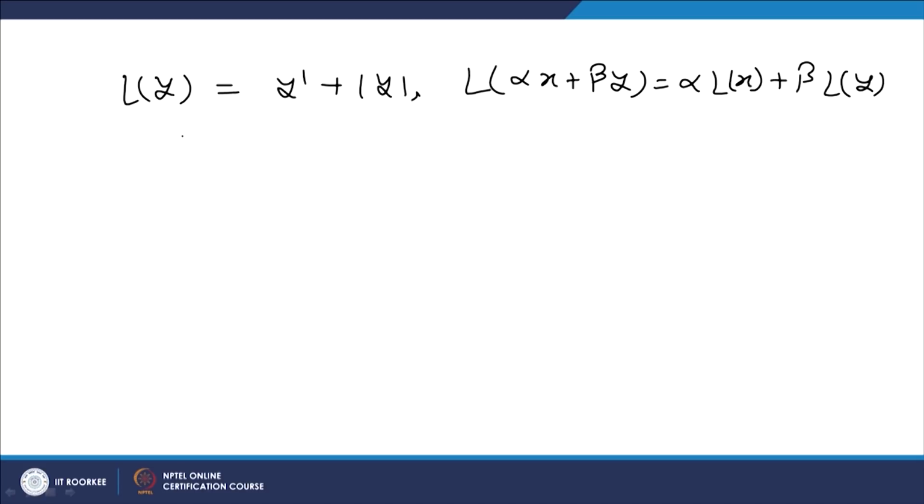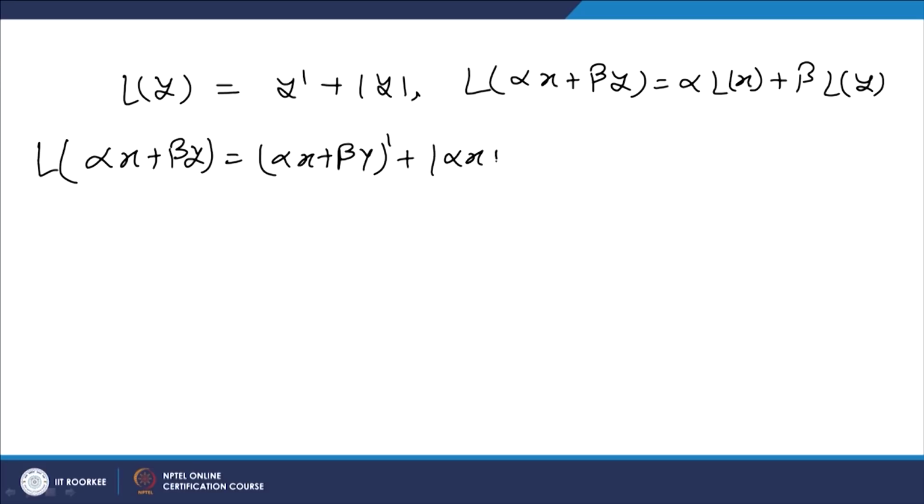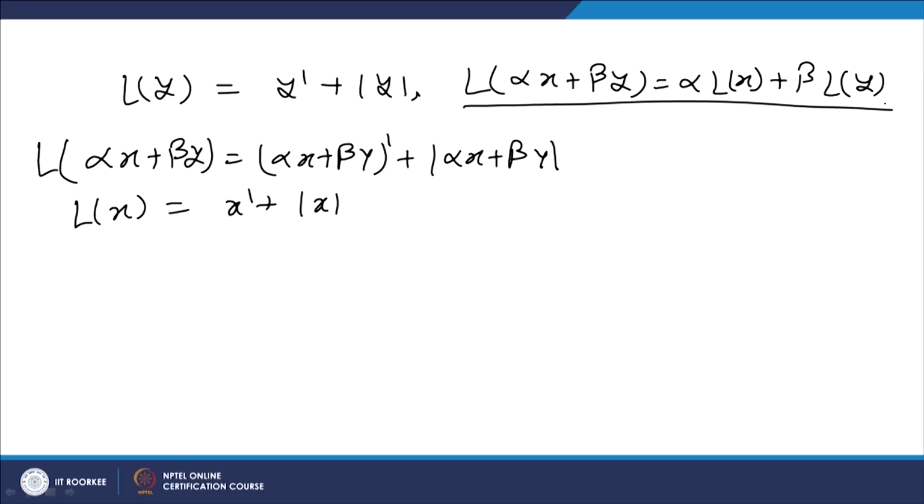So the operator is defined like this. What is L of alpha x plus beta y? This value is given as the derivative of alpha x plus beta y, plus modulus of alpha x plus beta y. And we can write Lx as x dash plus modulus of x. Now, we want to show that this holds. So, we need to look at alpha times Lx